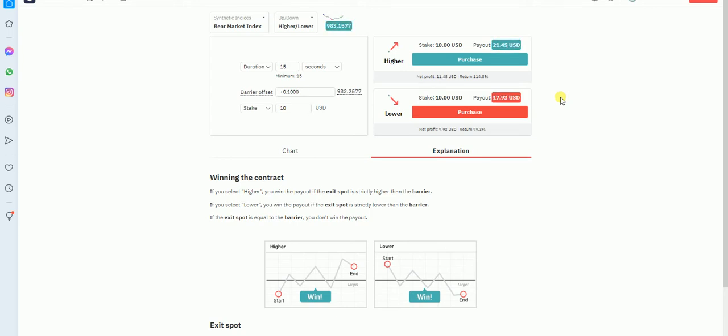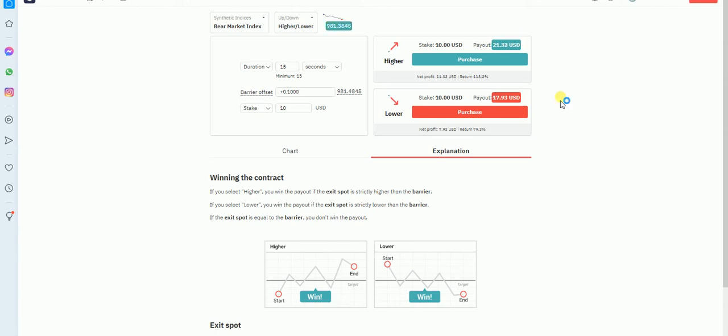If you stake low, it means your exit point and then your barrier offset should be lower than 0.1000, and with this you'll be winning, but your winning will not be too much. So all this strategy that I'm coming out with on the Deriv site, if you follow the instructions very well, I bet you are going to win a profit. Though if you stake low, your profit will be in cents, but the strategy is very powerful that if you stake big, you are going to get